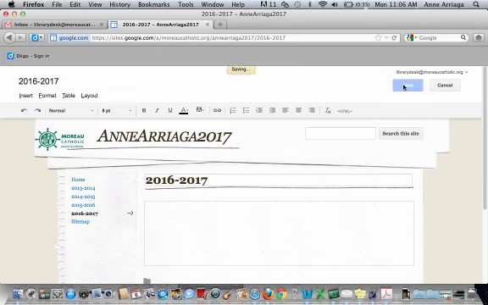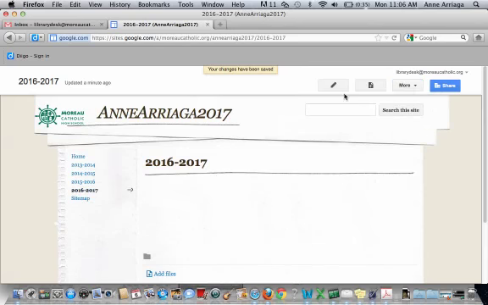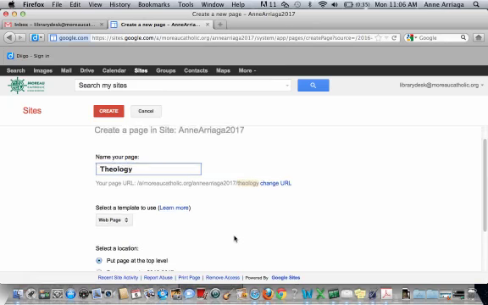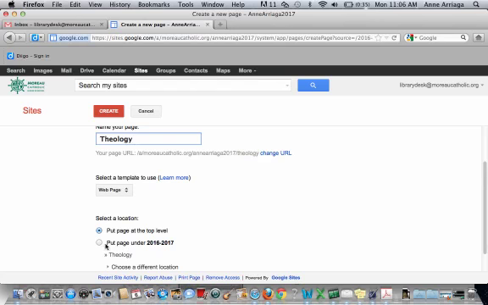So I'm going to click Save for this one to get back to the home page. And you're going to click the new page icon, and you're going to name this page Theology. And you're going to put the page under